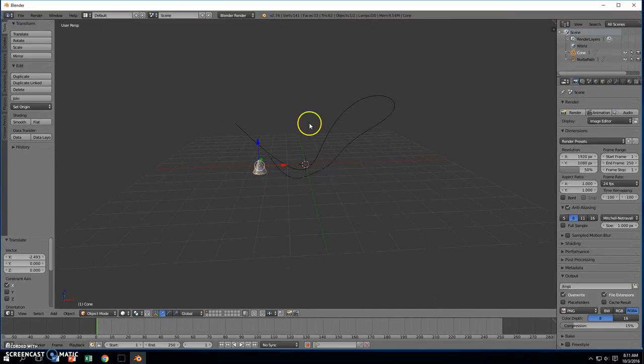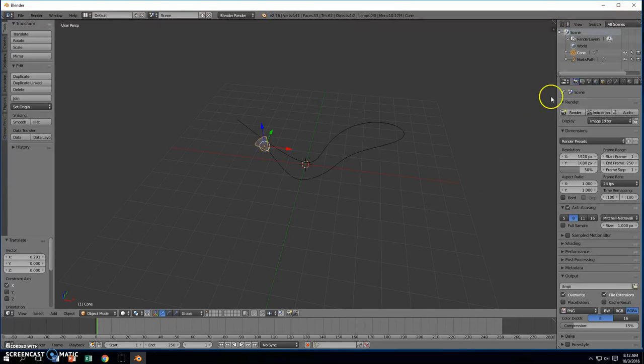Now I'm going to press the R key. When I press R, we can rotate or turn the object. I'm going to want the object to be turned kind of in the direction of my path. I'm going to move it around just a little bit closer to the beginning. And at this point, now that I have my object selected, kind of in the position I want it to be,